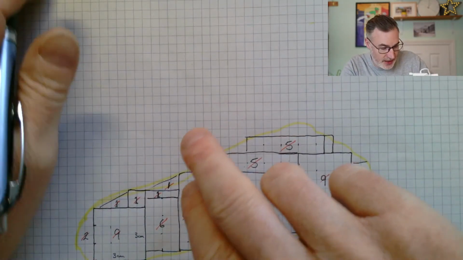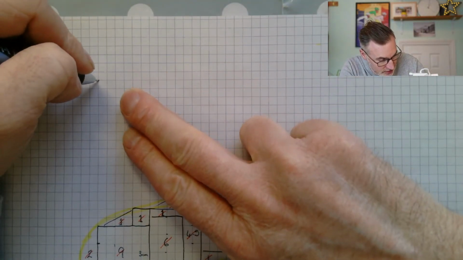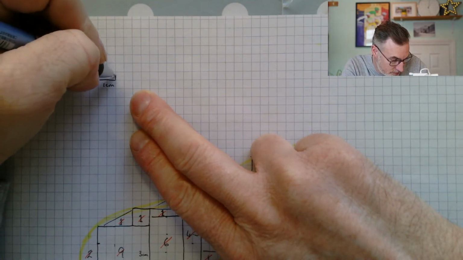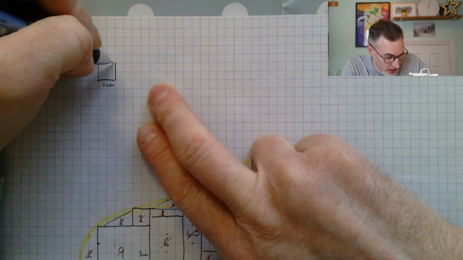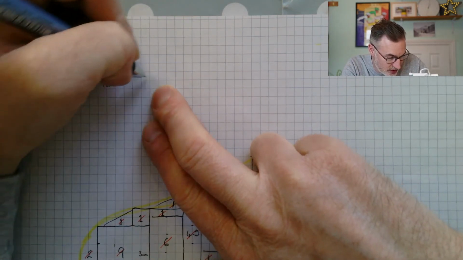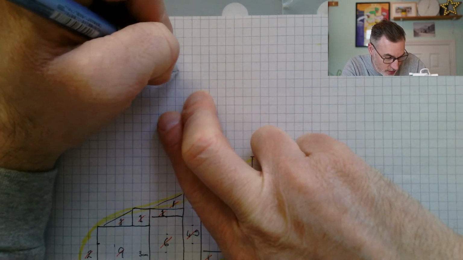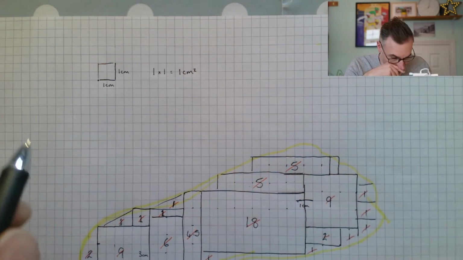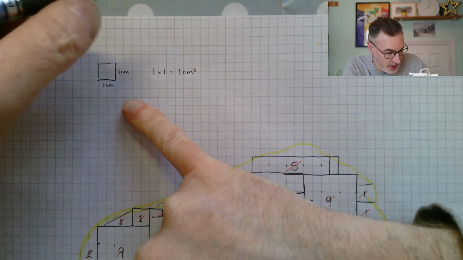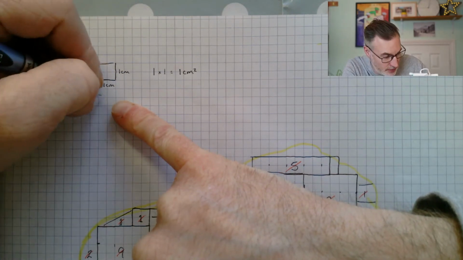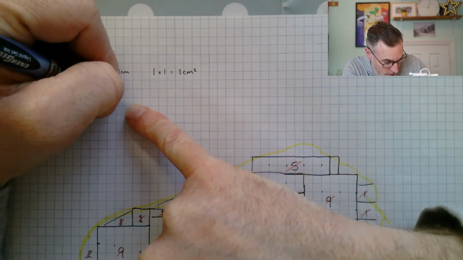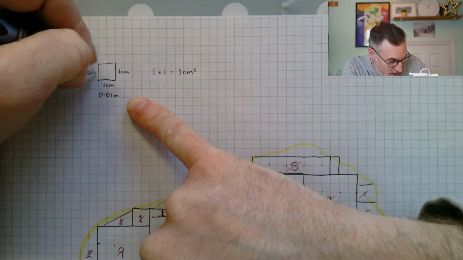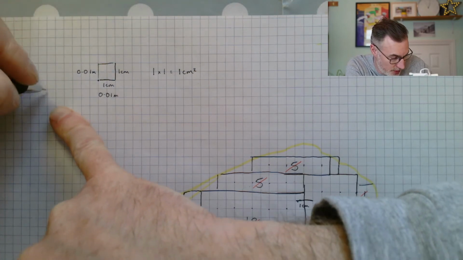So if we have 1 centimeter, then 1 centimeter square would be 1 centimeter times 1 centimeter, which is 1 times 1, equal to 1 centimeter squared. Now, in meters squared, 1 centimeter is 0.01 meters by 0.01 meters, and that is going to work out as 0.01 times 0.01,